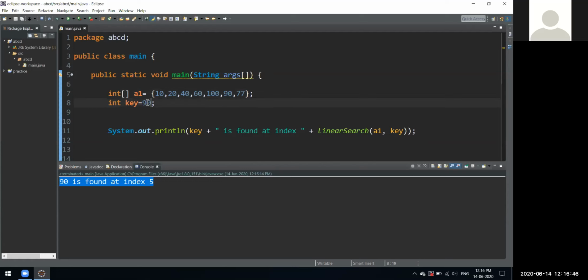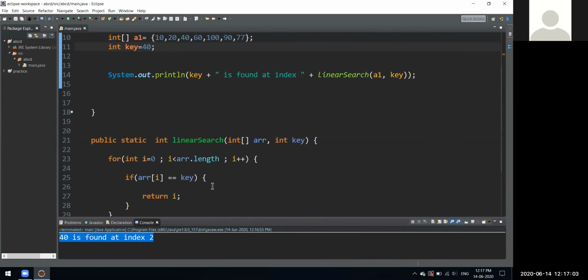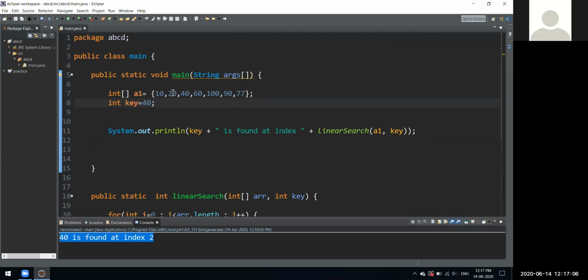Suppose we try finding some other element, like 40. In the case of 40, it will give its position to us. Now it is giving us 2. But suppose there is someone who is not from the programming world, and he says that it is located in the third position, so why is it giving us 2?